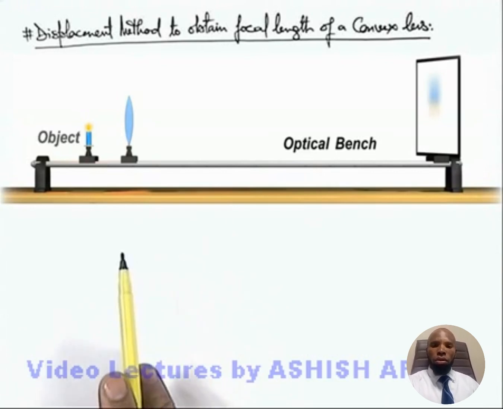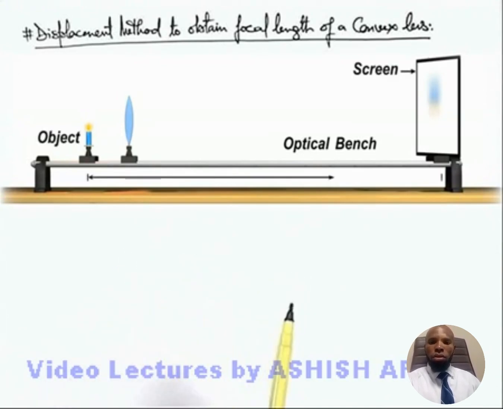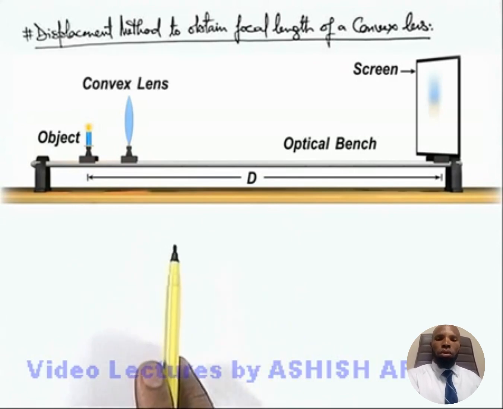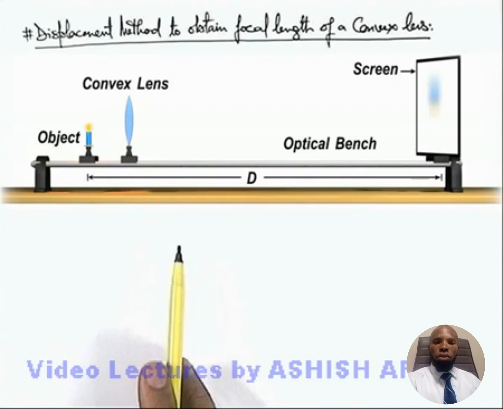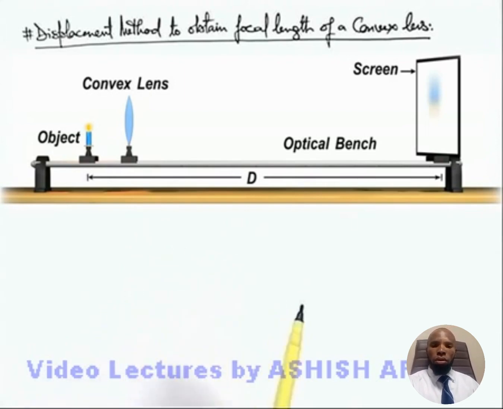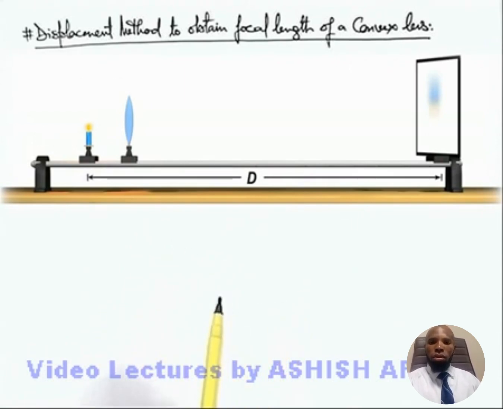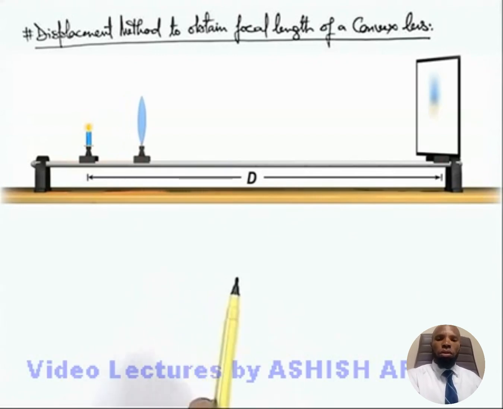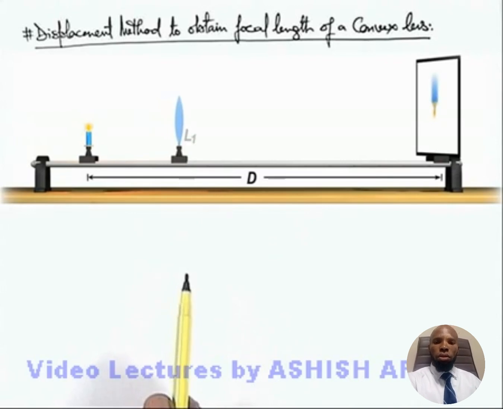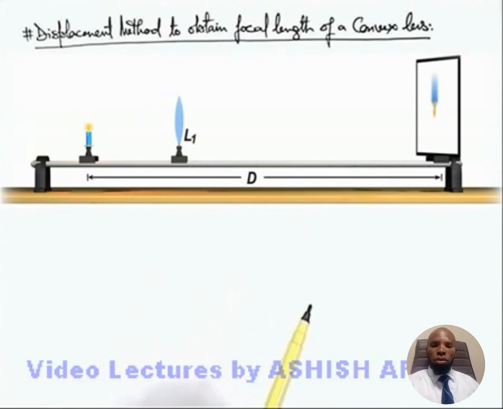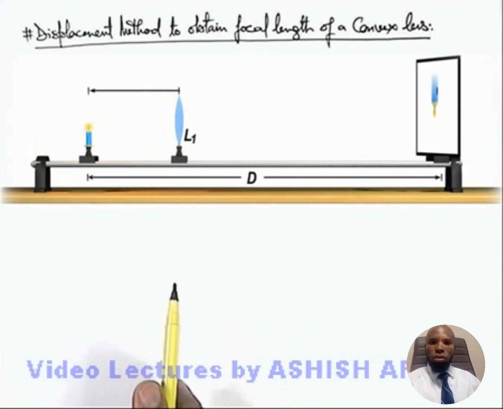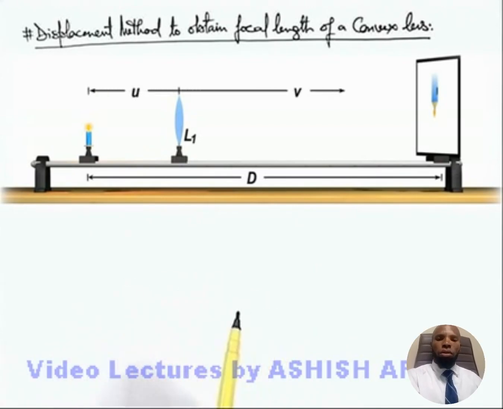Here we are given an object and a screen placed at a distance d, and in between, a convex lens is placed. And as we know, to obtain a real image on a screen, the separation d must be greater than 4 times the focal length of the lens. So here, if the lens is displaced and placed at a position where a sharp image is obtained on the screen, and the object distance from the lens is u and the image distance is v in magnitude,